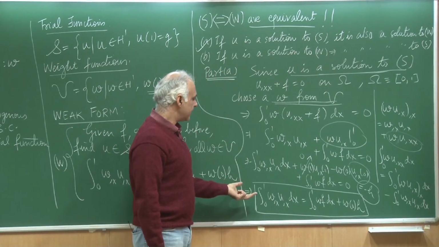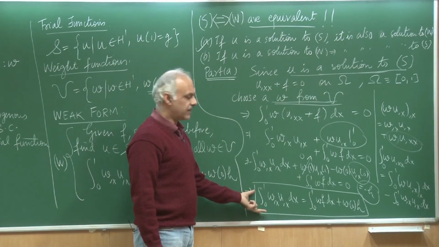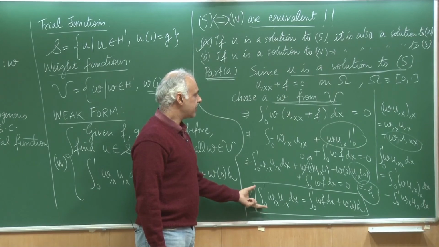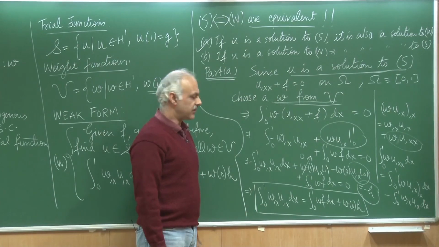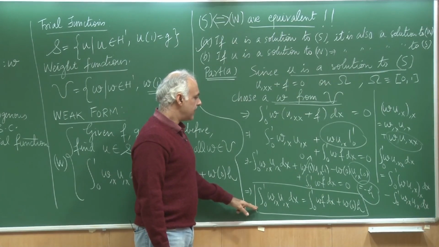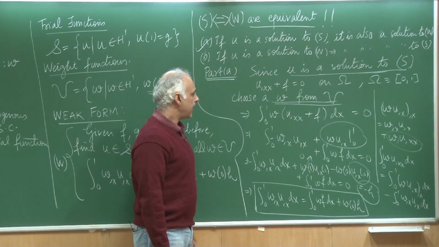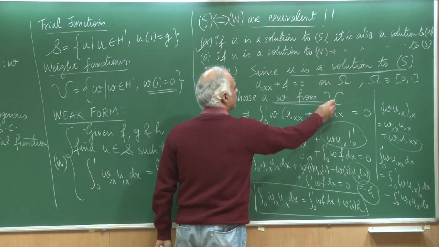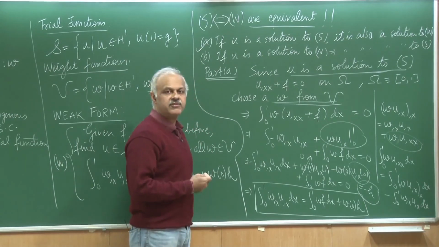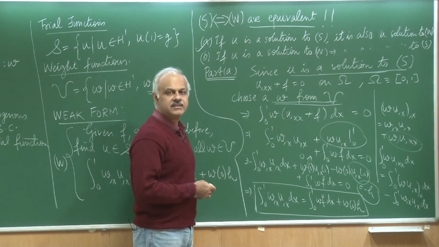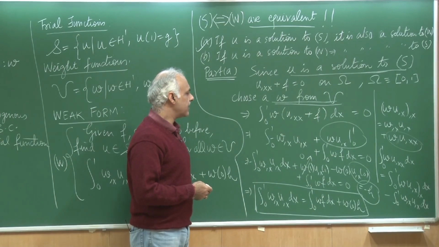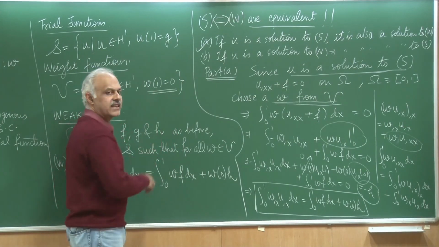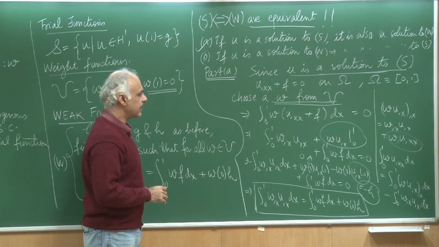So we will now assume that this is given to us, and we will try to derive from this that the strong form is also satisfied. Before I do that, I hope you are able to appreciate that I can do this for all w's. I have chosen a w from a set V, and this set V in fact consists of an infinite number of functions. They are all H1 and they satisfy a certain boundary condition, that means it vanishes at x equal to 1, but other than that there are really infinite functions.